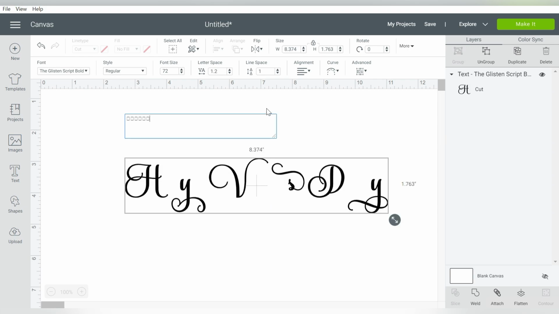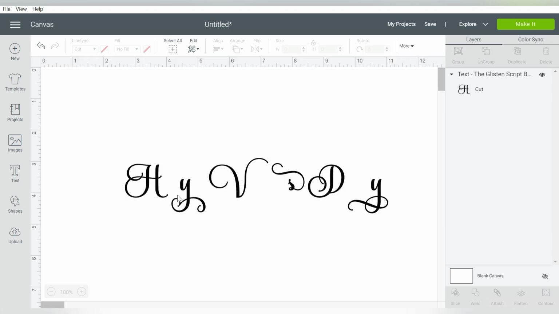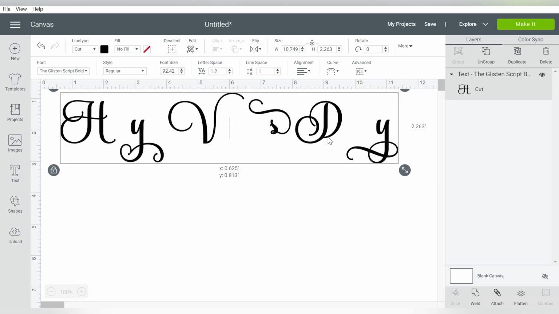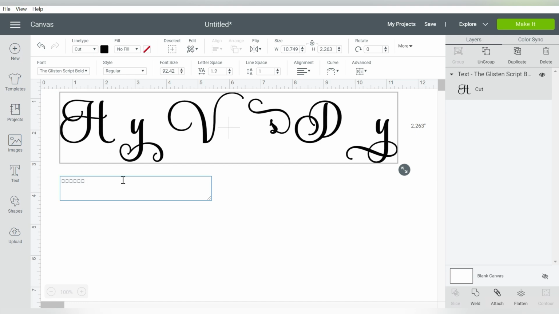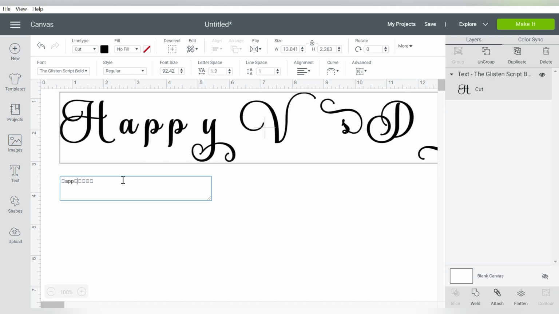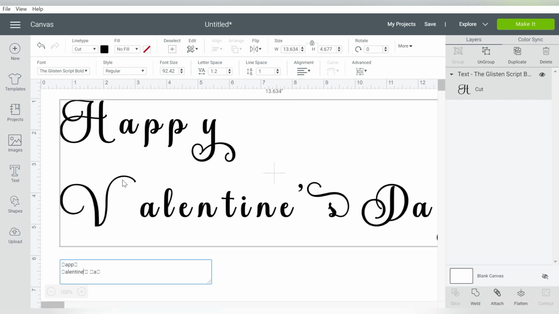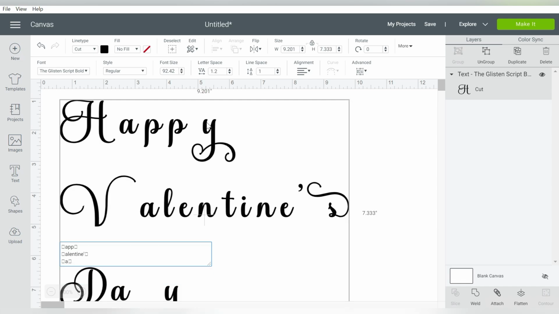And once I do that, my special characters populate, and I can see them even larger than I could with the character map. So the next thing you're going to do is double click, open this text box, and type in your other letters. And you're just going to treat those boxes just like they were regular letters when you're manipulating